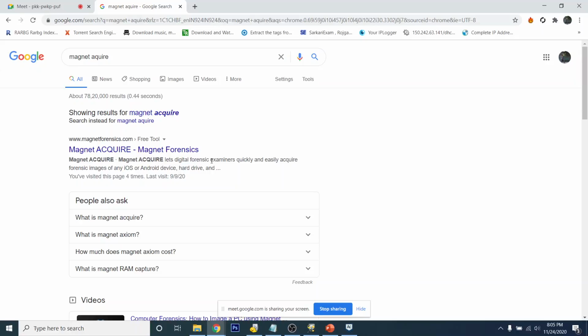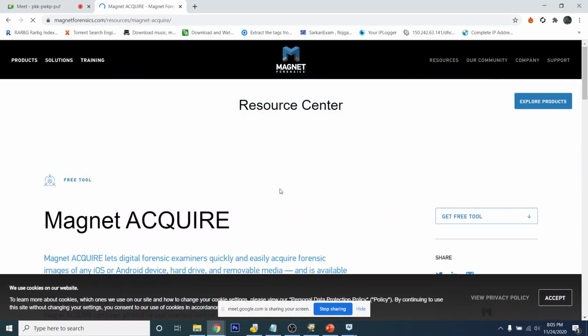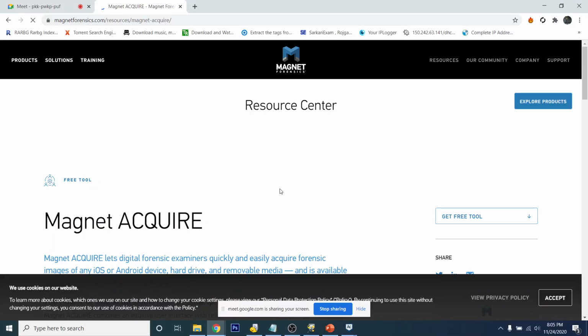Magnet Acquire lets digital forensic examiners quickly and easily acquire a forensic image of any iOS and Android device. So this is basically for mobile phones, but you can create an image of hard drives and USB sticks also, and anything related to it. Let me quickly connect my phone. I have my cable here with me.